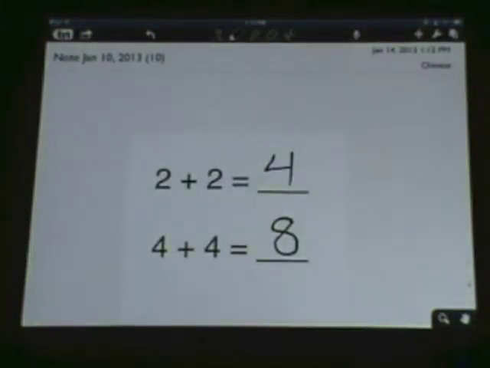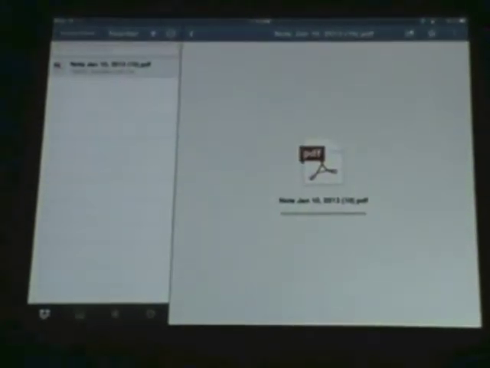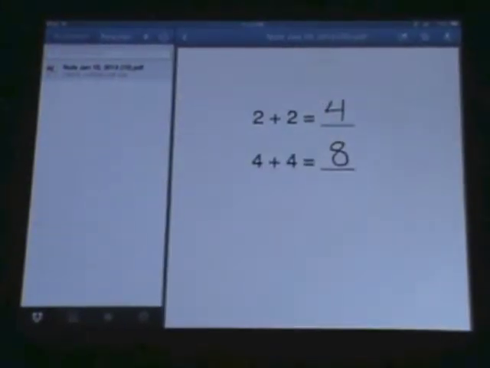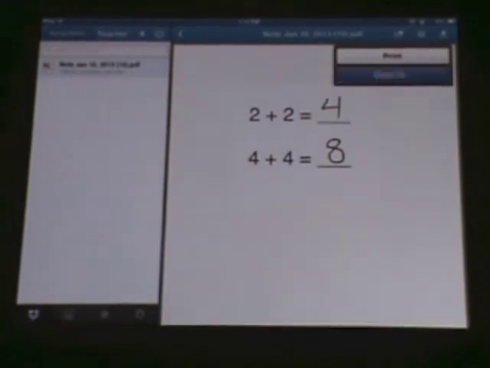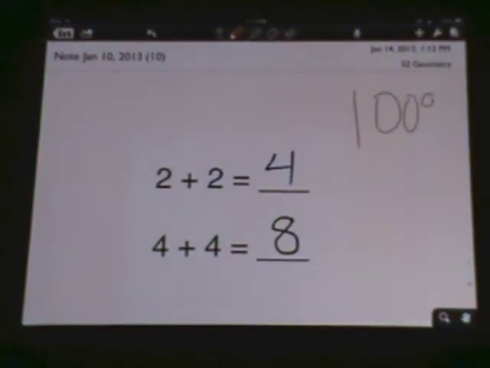So if Tommy's playing the role of the teacher, he's connecting to the Apple TV right now. He's going to show you what the folder looks like from another person's perspective. So if he goes to the teacher folder, you'll see that the document that I just put in, it's loading now, is going to be right there. So once he gets this, it'll be really easy. If he's the teacher, he can dump it into his own note-taking app, and he can immediately grade it and put it back in the Dropbox